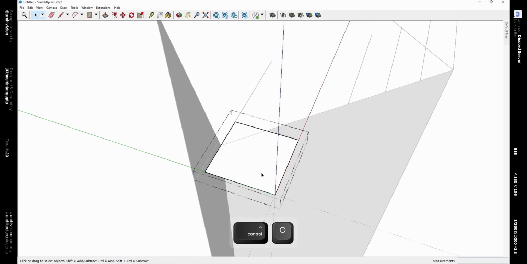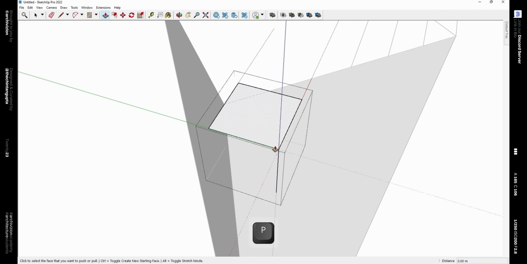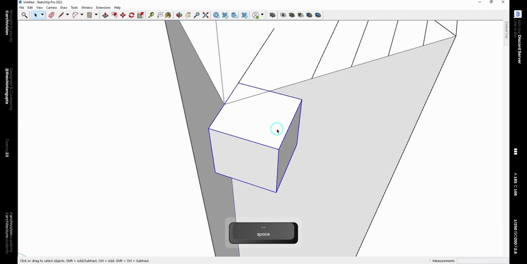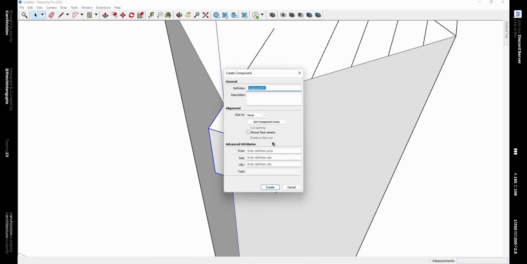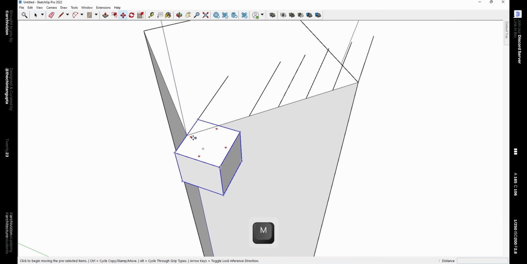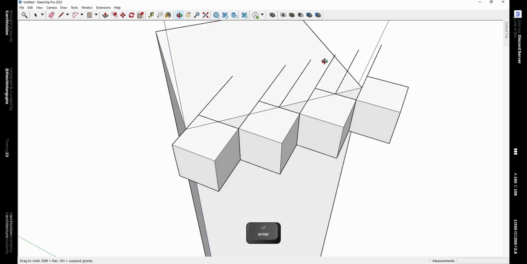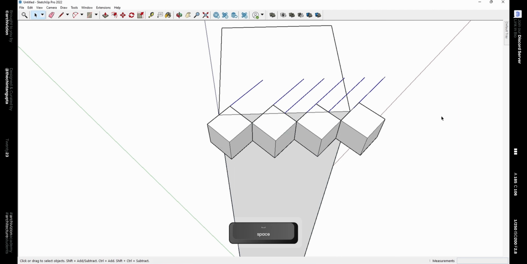Then double click to select it and make it a group. Now edit this group and rotate this edge as we need to use it for the reference to give it a height. Now give it a height using that edge like this. Now click outside and make this a component. Right click, make component. Now using the move tool, drag a copy of this over here and then type divide by 3 to make 3 copies. Now we don't need these lines, so we can delete them.